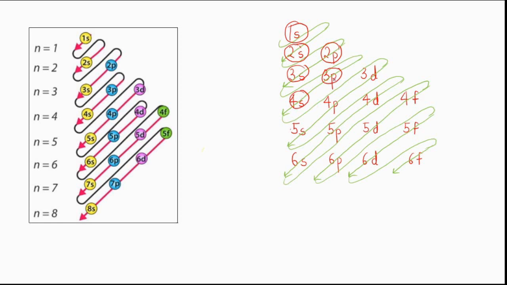So if you see, after 3p we would expect 3d. Because what do we have? 1s, 2s, 2p, 3s, 3p, 3d, and after that we have 4s. But if you see, after 3p we are directly filling 4s. And after 4s is filled, we will be filling 3d. Right? Now, why does this happen?